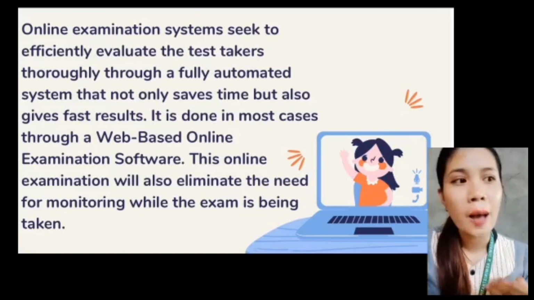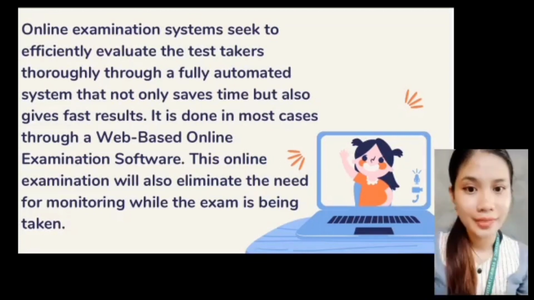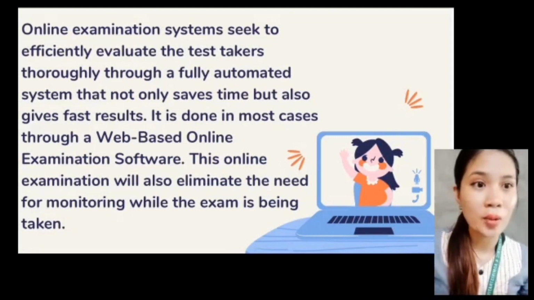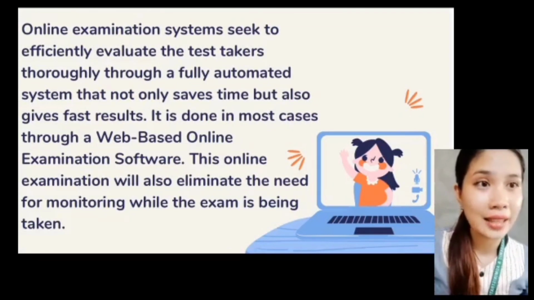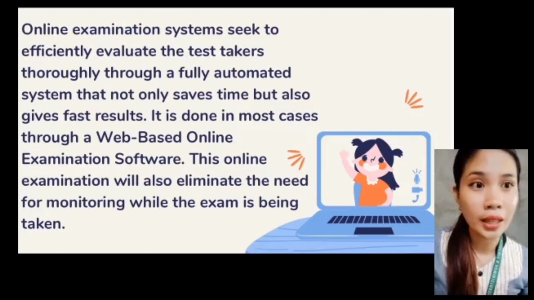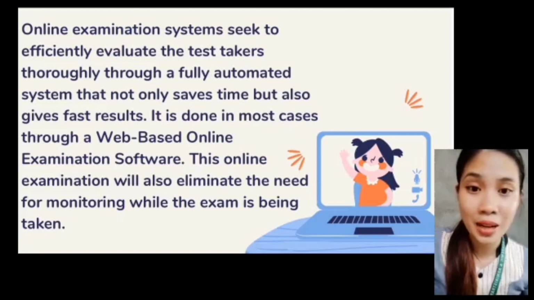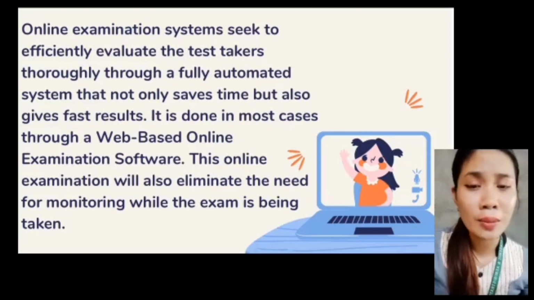So, because of the technology, marami na ini-invent yung tao. So, napaka-importante talaga nito. So, we are so lucky na kung saan meron tayong ganitong klase na online examination system na kung saan makikita po dati nito sa web-based online examination software. It is very helpful, especially sa mga teachers natin and also sa mga students natin kasi through this online examination,